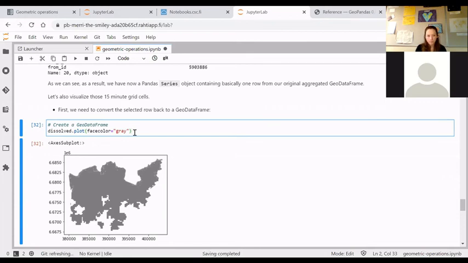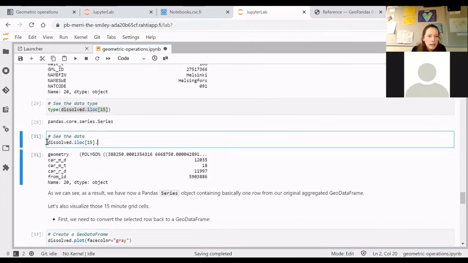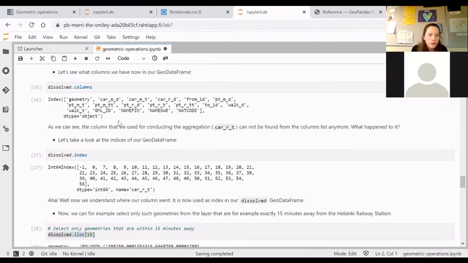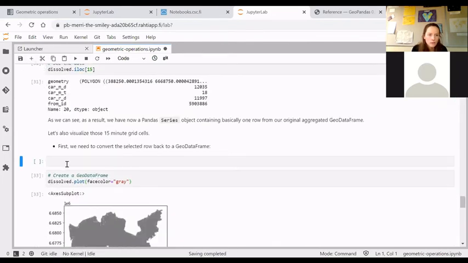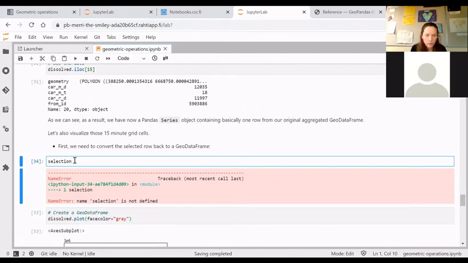But for this example, oops, sorry for jumping around. We need to save this as a selection. I think I lost it at some point. We have a selection. Yes, so we want to select,